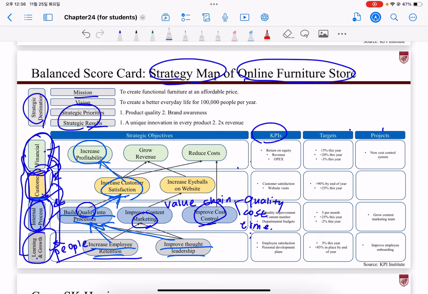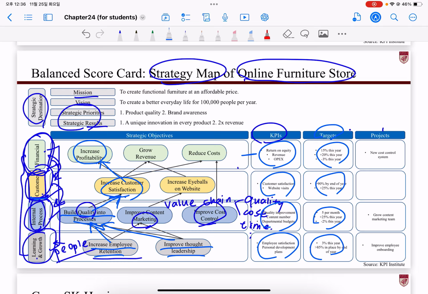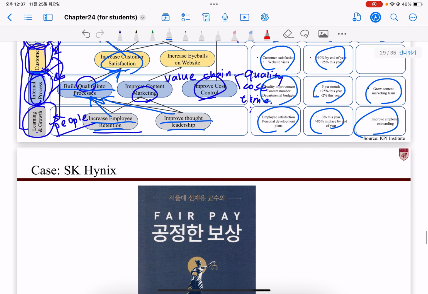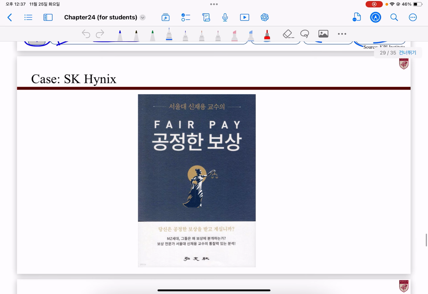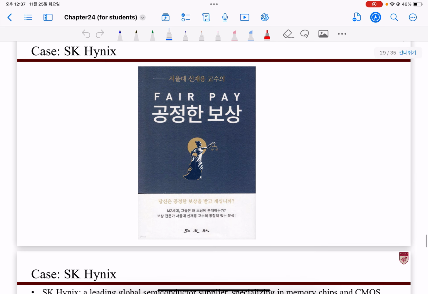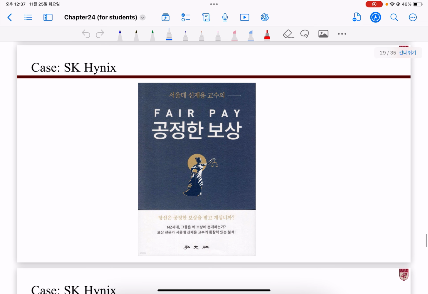For each process, for each perspective, you have the KPIs, the targets, right? And what are the mini projects you need to do to keep those targets, right? Okay, now I want to show you some cases